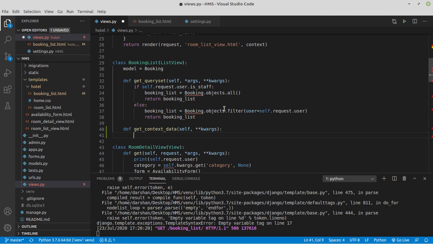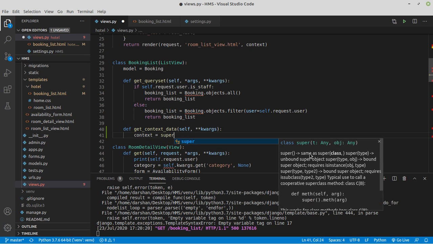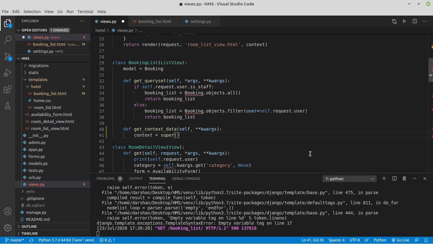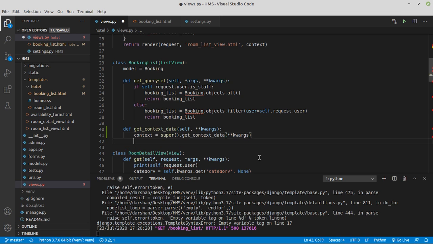And in context we have one object relating to another object. So we are going to call context in here by using the super method. Super function, super().get_context_data, and we're going to pass in the kwargs here. So we have got our context. Now we are going to add data to our context. So what we need here is the